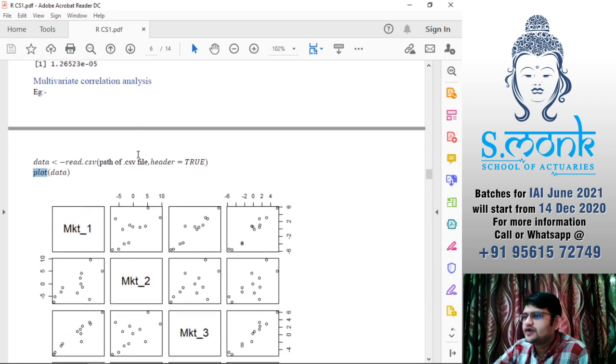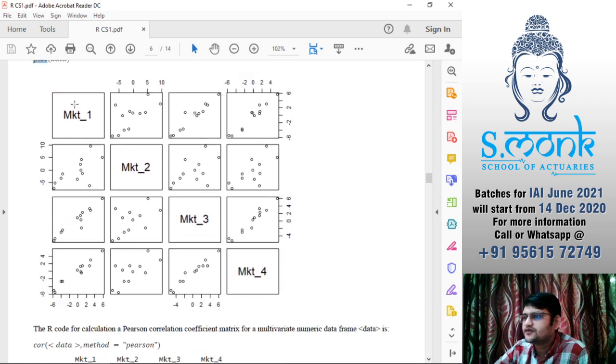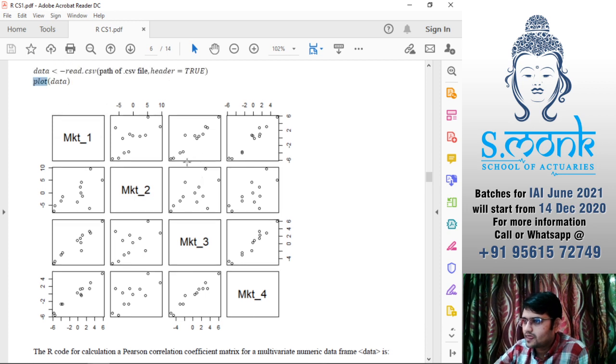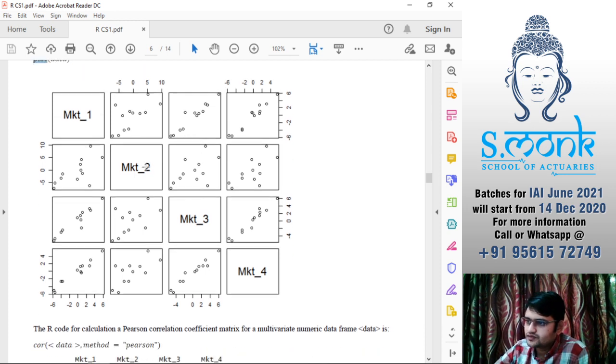For multivariate data, if you just write plot, it will give you the multivariate distribution and correlation. Just by looking at it, 1 versus 2 you have more or less a positive relationship, but 1 versus 3 you have a very good positive relationship. 1 versus 4 also has a very good positive relationship. Similarly, 2 versus 3 is not a very good relationship, and 2 versus 4 again is not very good.